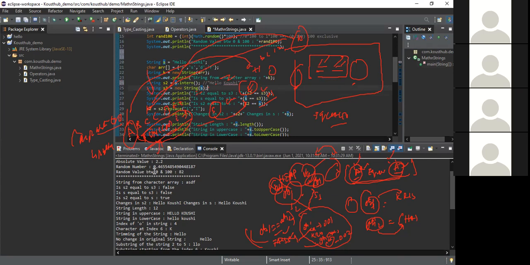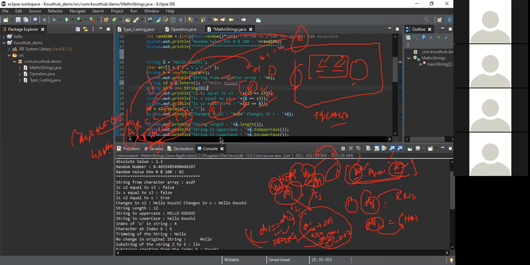But as of now, just understand that it compares the Unicode of the characters and gives the difference. If the first string and the second string exactly match, it returns 0. If the first string's Unicode is greater, it prints a positive value. If the first string is less than the second string, it prints a negative value. This is what you can understand as of now. Internally how this works, if you are interested, I can explain later. Okay, sir. Thank you, sir.